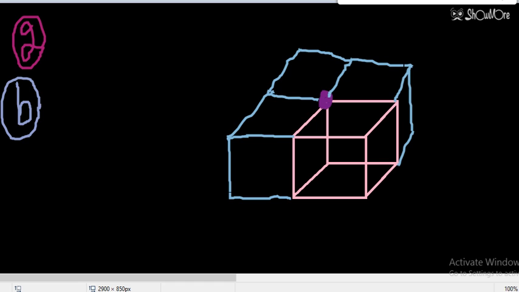But this charge is still not enclosed. This charge is open from the top. That means 4 similar cubes will be placed just above it. So 4 cubes will be required for the first base, and 4 more cubes of similar type will be placed just above it, like this one. Then it will be enclosed.